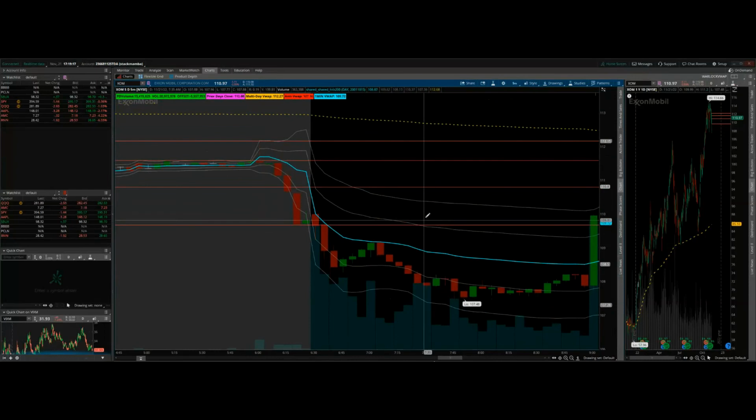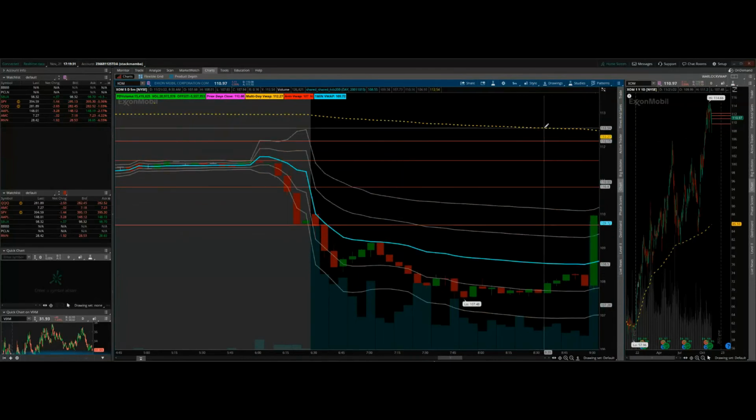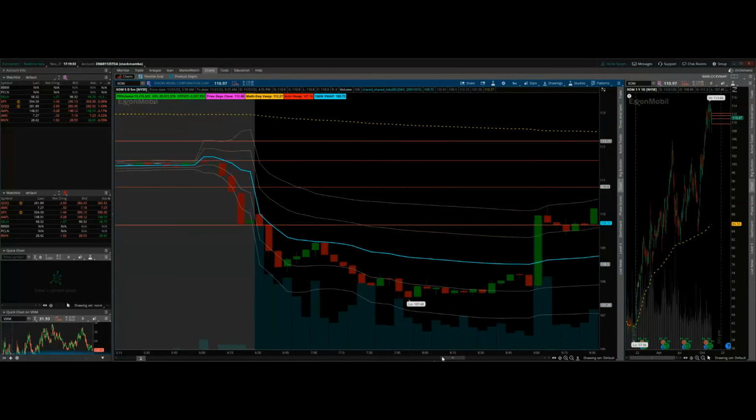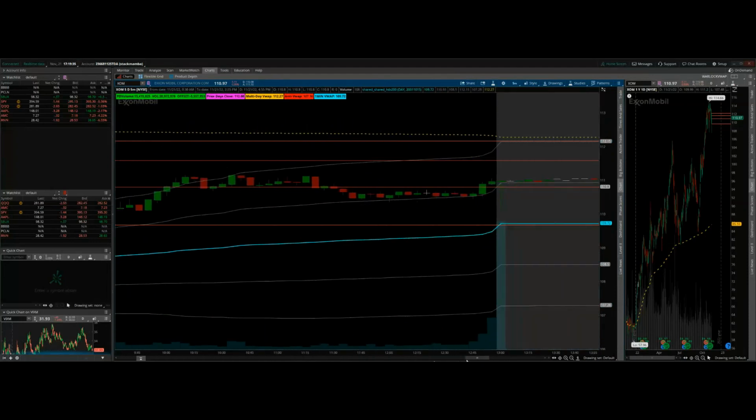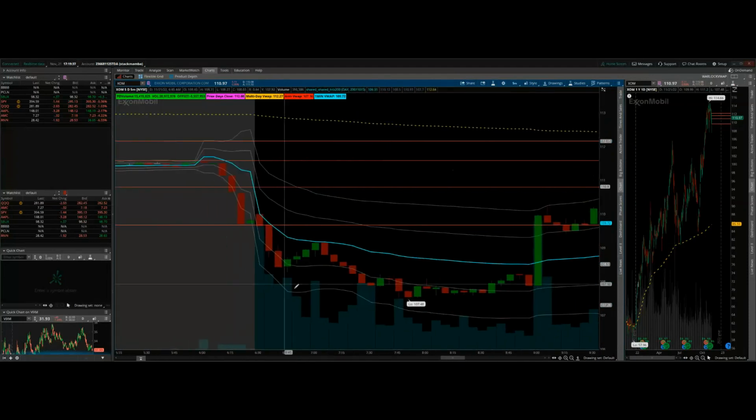Because like I said, our strategy is 1-minute multi-day. So when stocks sell off like this, we need a break back to above the VWAP, which happened here. And now we can look for the multi-day. But it didn't happen until later in the day. So being patient,